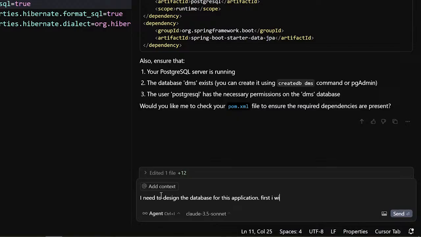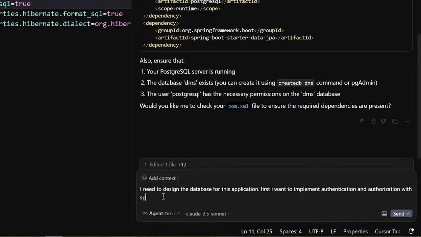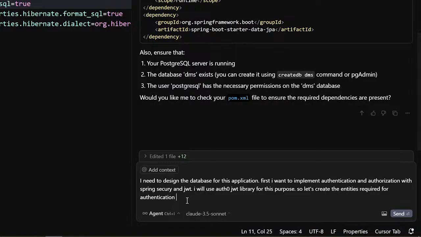First, I want to implement authentication and authorization with Spring Security and JWT. We'll use Auth0 JWT library for this purpose. So let's create the entities required for authentication